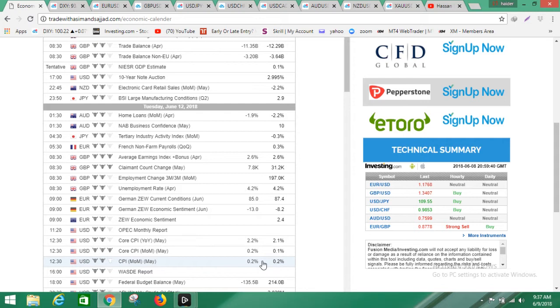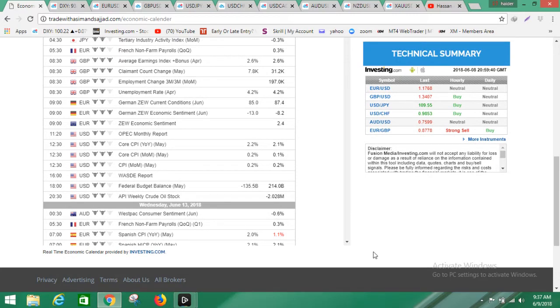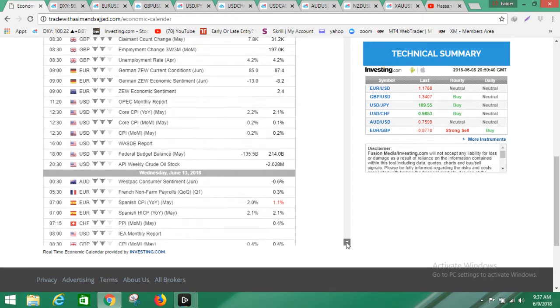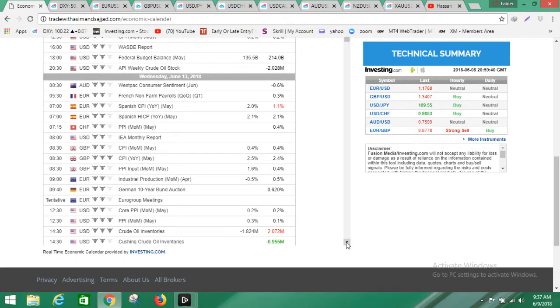I see in the early week that the dollar might just drop, but then later in midweek it's going to be very strong, because if you see on Wednesday the biggest news again for GBP pairs, CPI, and then we have for US dollar PPI and crude oil inventories,